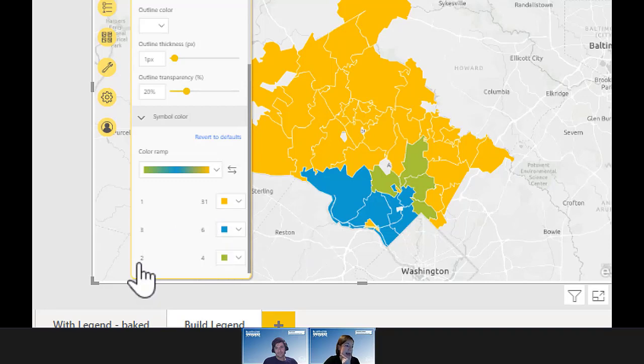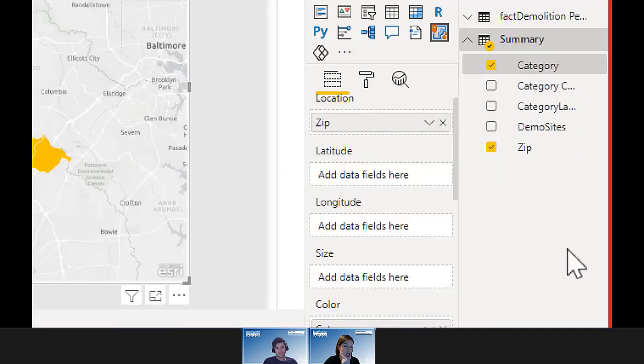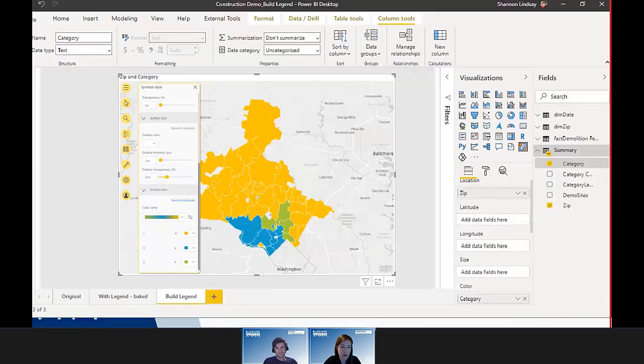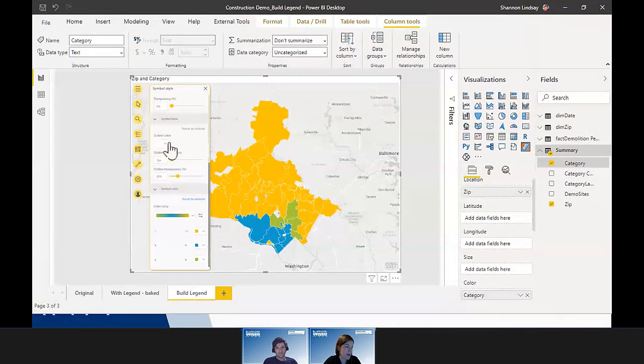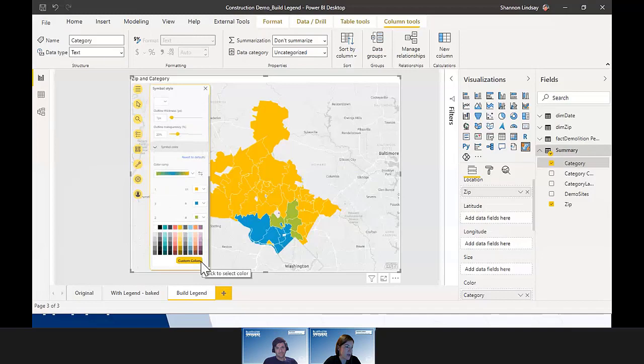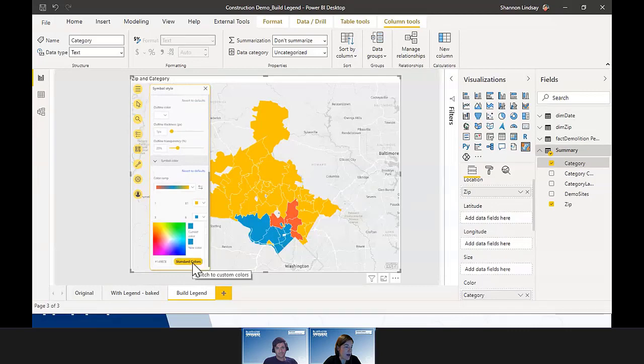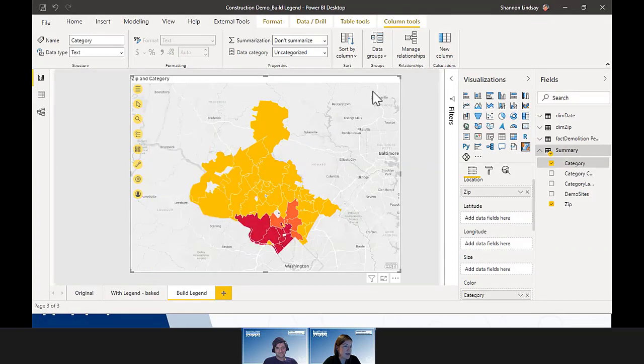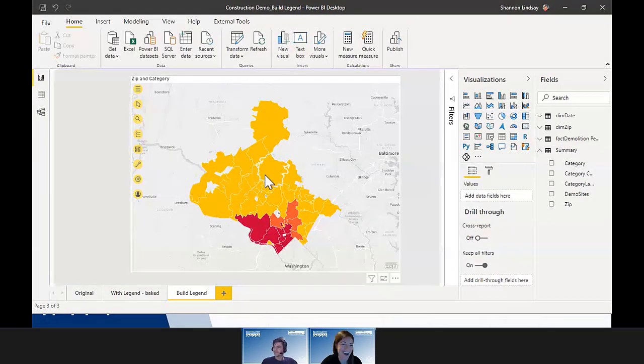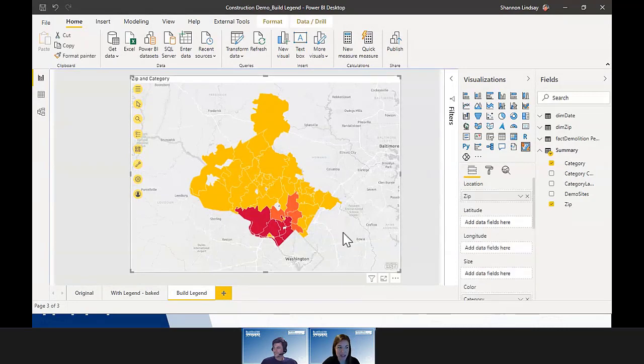Then I am going to look at my category number 2 here. And let me jump back to my clipboard. I'm going to set this color, and let me just do this quickly because I feel like I may be boring you at this point. And then we're going to set our color for number 3. That is not what I wanted. Perfect. And so now we have our ketchup and mustard color palette that may not be super pleasing to